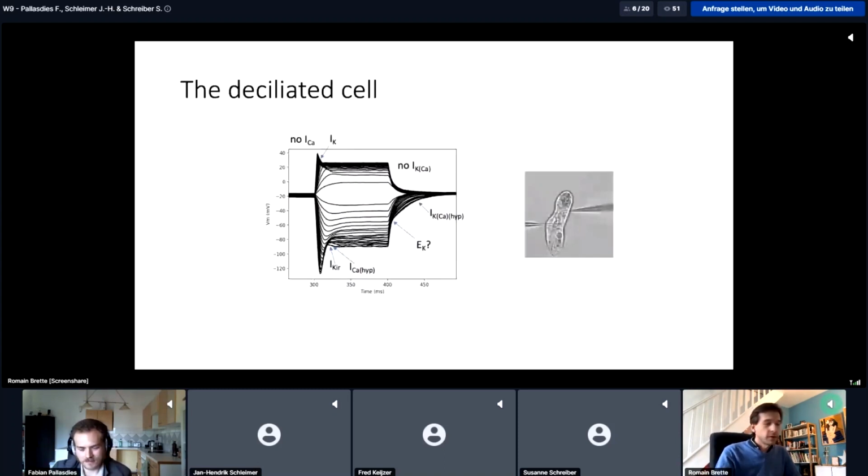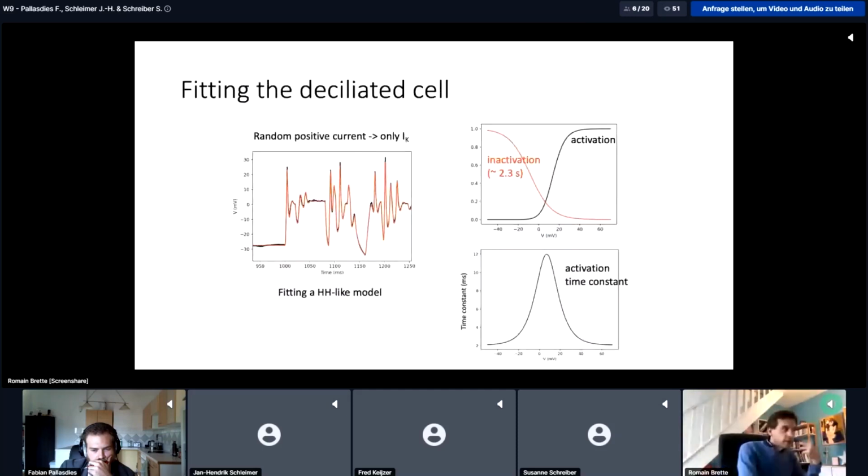And then you can use some model fitting techniques. We use that instead of voltage clamp because controlling the voltage was actually not so easy with high resistance electrodes. So we just use current clamp and model fitting, just on the depolarized part, because that's where the avoiding reaction happens. So we inject a random current, and then it's actually quite easy to fit a delayed rectifier model to this data, except we have to take into account that the channel inactivates apparently. So it inactivates with voltage. This is actually quite classical with delayed rectifier currents.